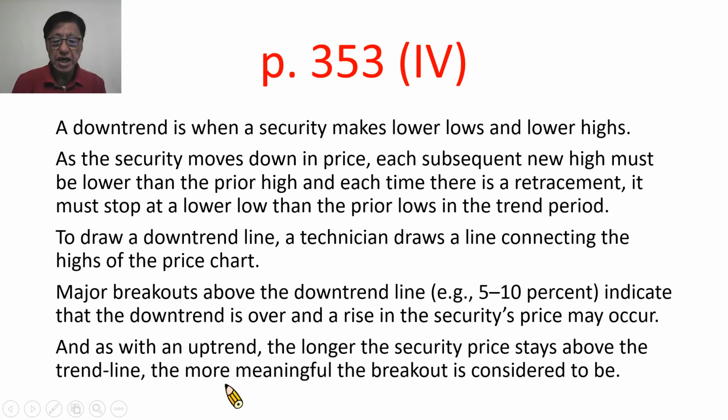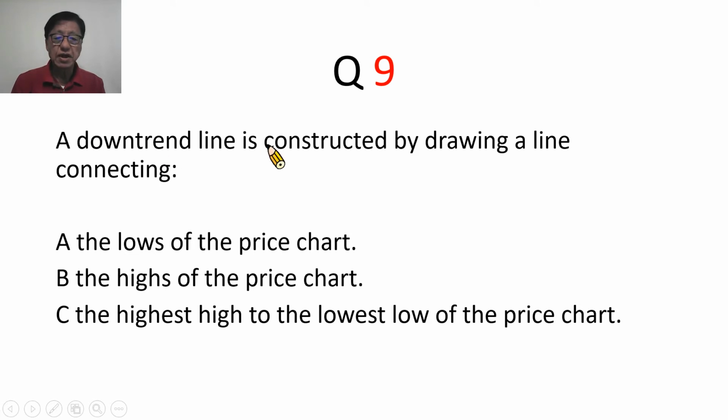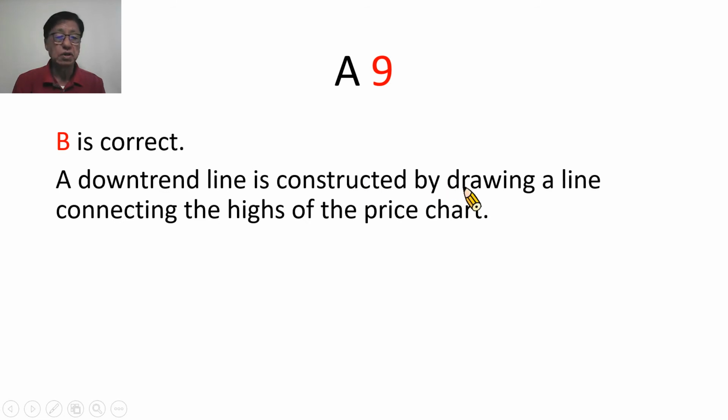然后就像上涨趋势一样，这个证券价格维持在趋势线上面的时间越长，那么它的跌破就更有意义。我们看看课本第9题，他说 A downtrend line is constructed by drawing a line connecting: A, the lows of the price chart; B, the highest of the price chart; C, the highest high to the lowest low of the price chart。他说一个下跌趋势线是画出一条线，A 是连接价格图的低点，B 是连接价格图的高点，C 是从价格图的最高价连到最低价。答案当然是 B 了。A downtrend line is constructed by drawing a line connecting the highs